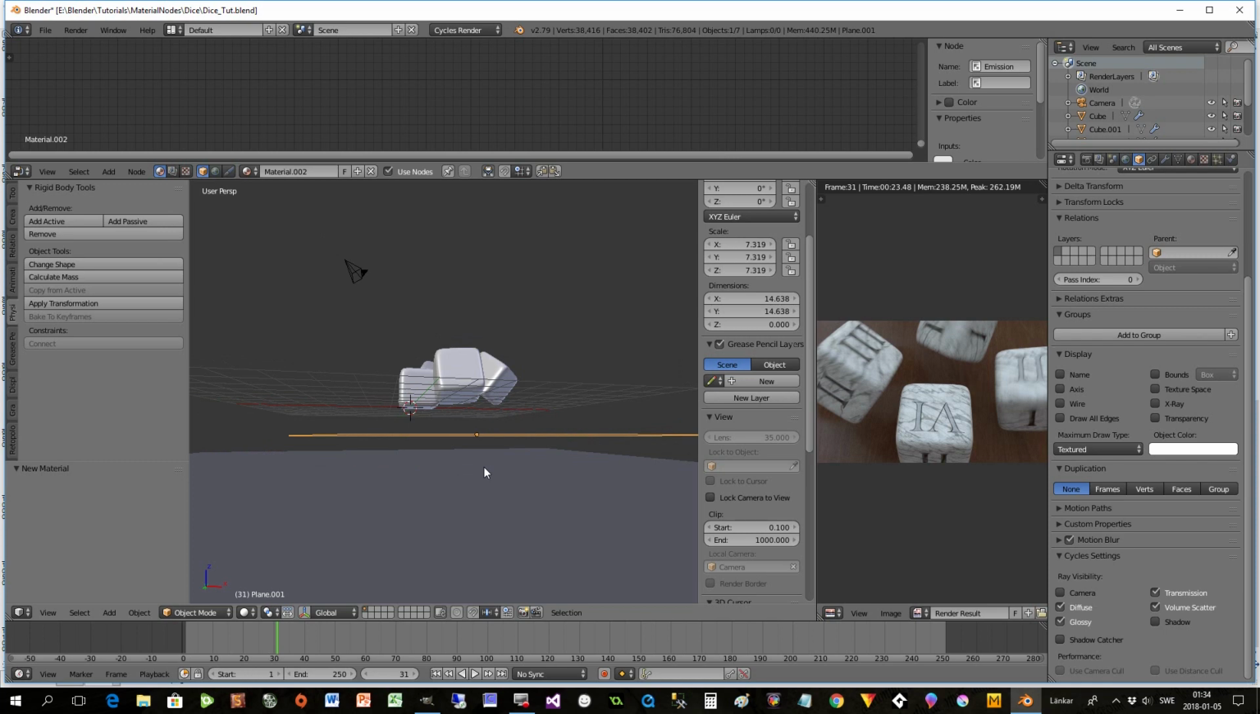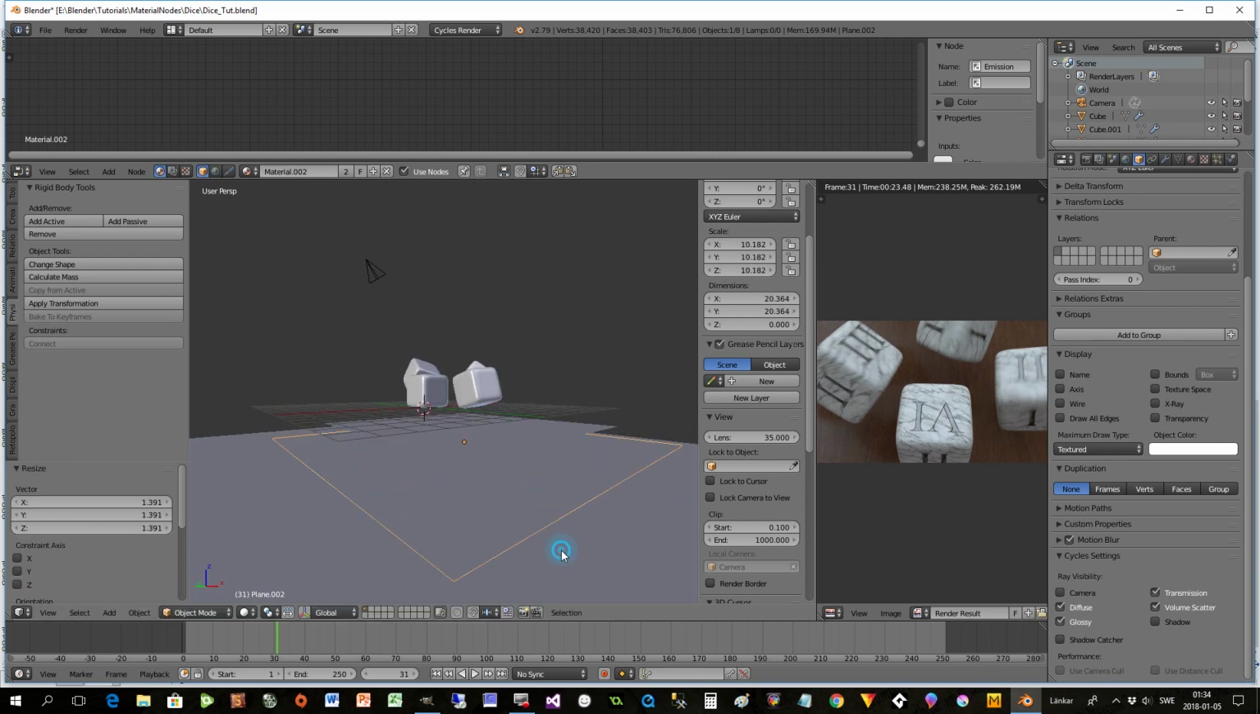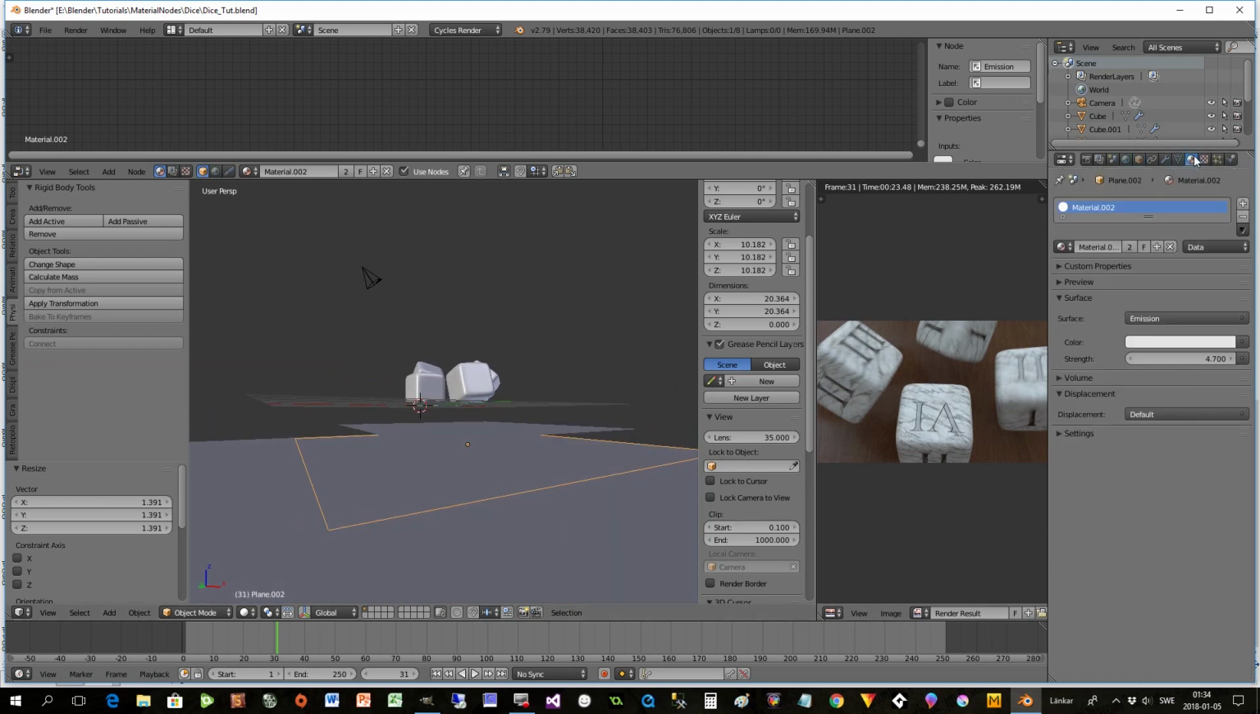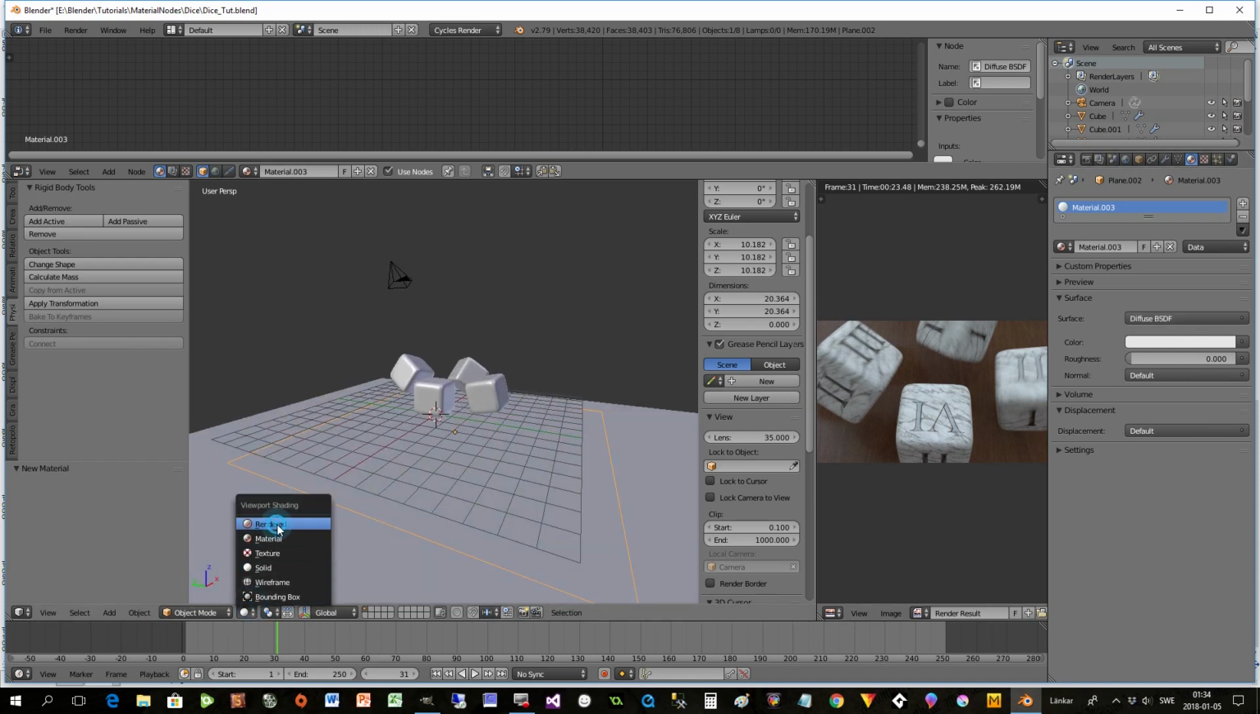So just duplicate it, Shift D, G, and then take it down a little bit and scale that even more like this. And take material, take away the material for that plane and just add a new one. The new one will be diffuse. And if we now look at the render,